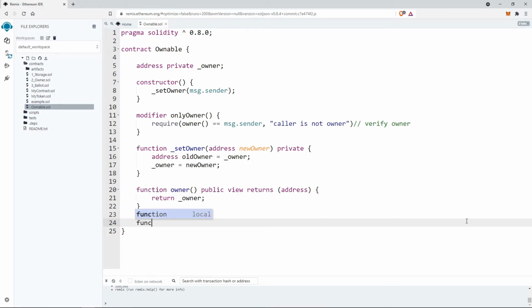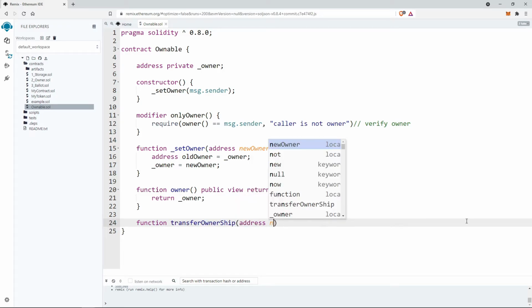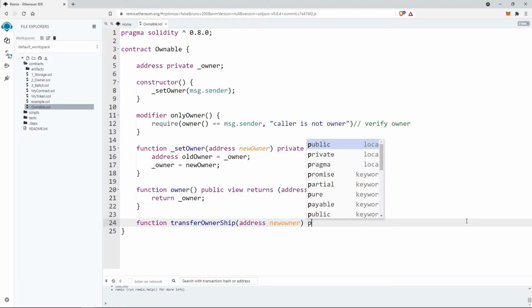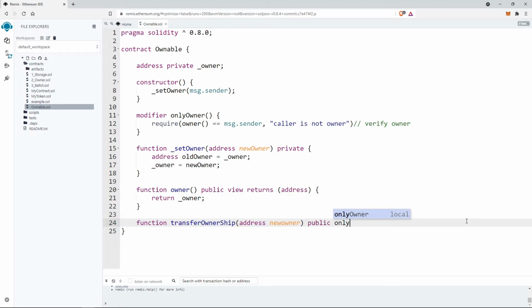Now let's create a function called transferOwnership. This will also accept an address as a parameter. It will also be public, and let's restrict it with the modifier onlyOwner, so that only the existing owner can transfer his ownership to